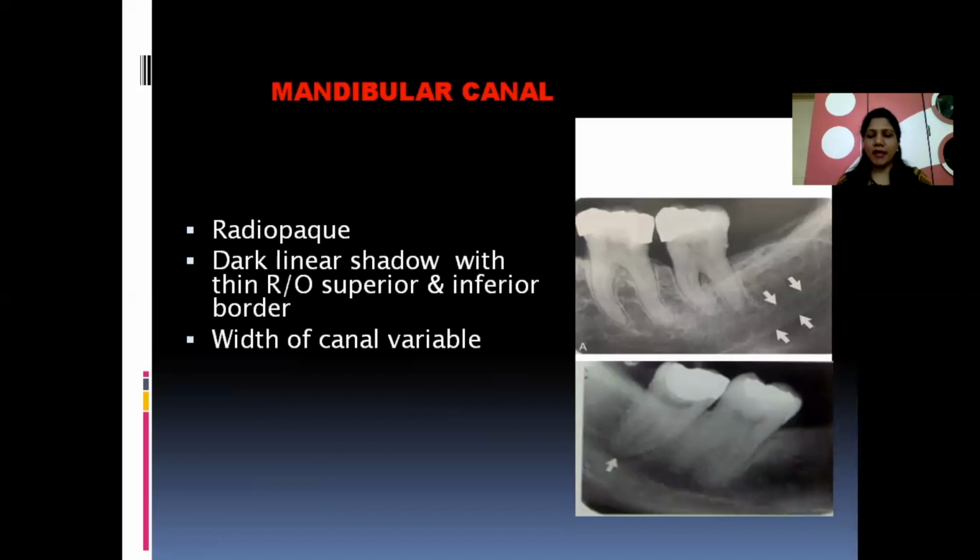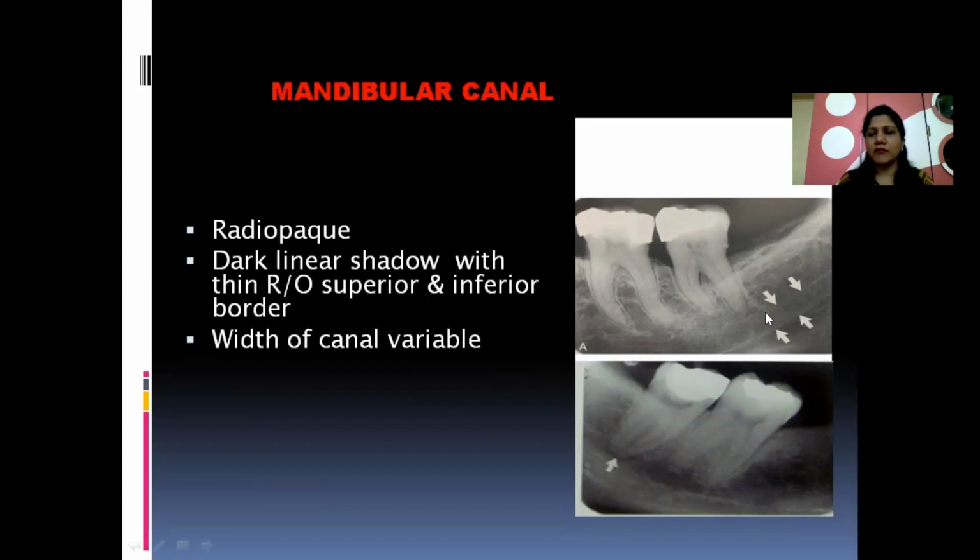The mandibular canal, as I already told, enters from the ramus. Now here I cannot show the ramus because we are dealing with the landmarks on an IOPA radiograph. In an IOPA radiograph we cannot see the ramus. And so this posterior aspect I can see, this is the 7-8 region, and you can see this is a very nice canal. When I say canal, it is a bony structure inside which there is soft tissue, and so this canal appears as a radiopaque line, and inside it there will be radiolucency.